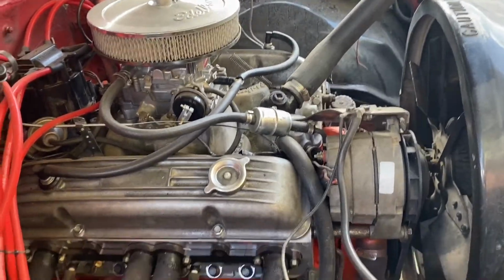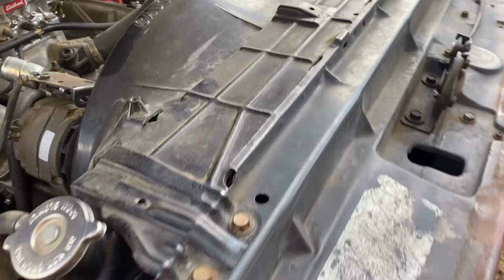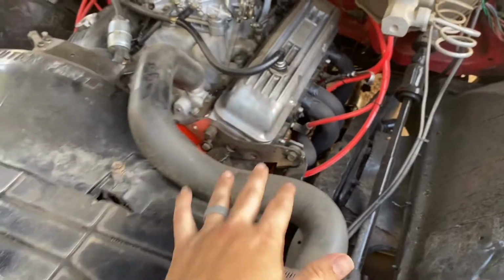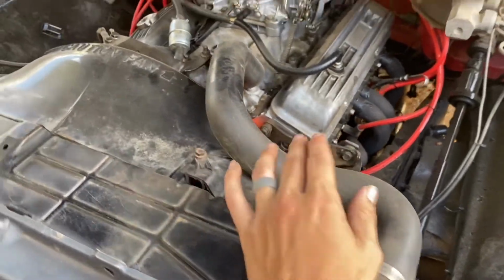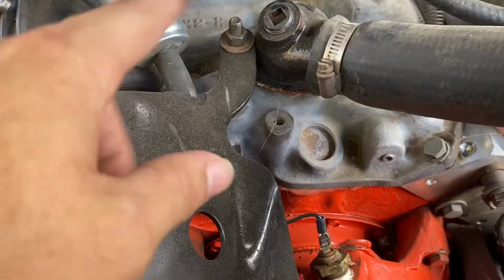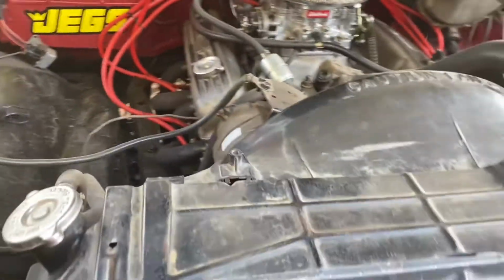Timing, I don't remember what I have it set to. I think it's at like 12 degrees initial, 34, 36 fully advanced. Can't quite remember. Power brakes, power steering, just a pretty basic small block Chevy build. But I think all in all, it was a pretty cheap build, being all of the cheapest parts I can get. It does have a cam in it, a Comp cam. I can't remember all the specs. I think I have it in the glove box, but it was